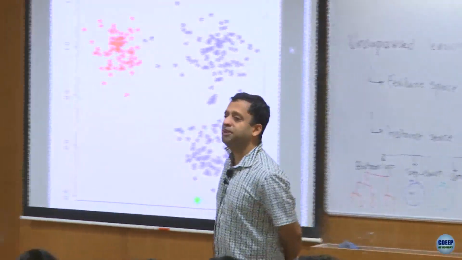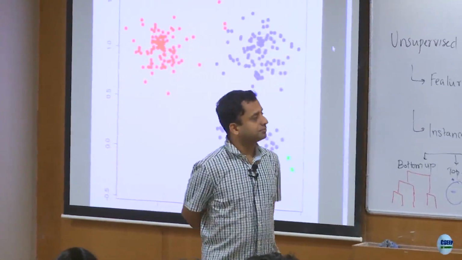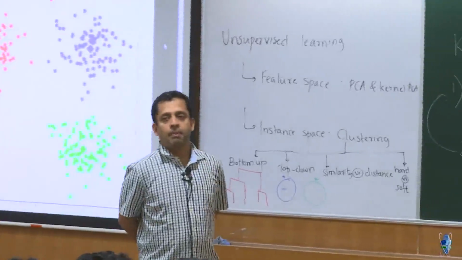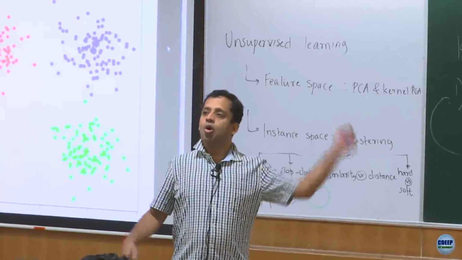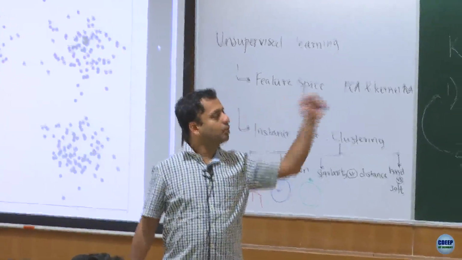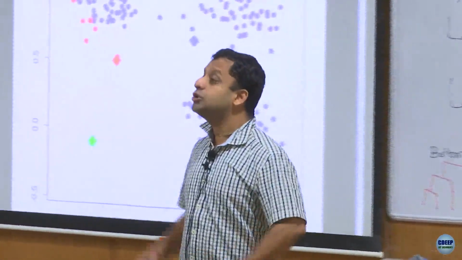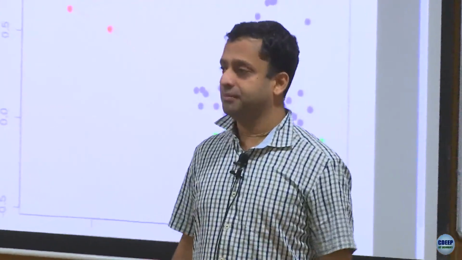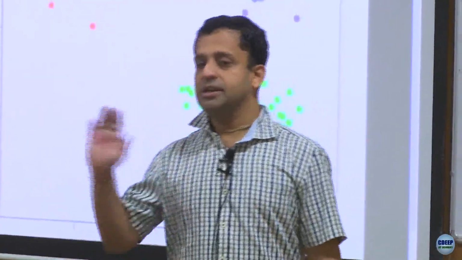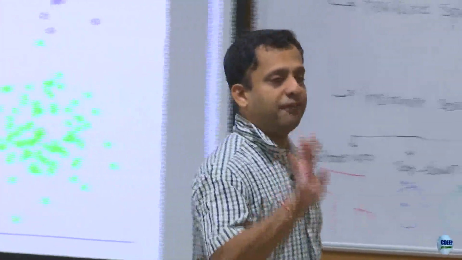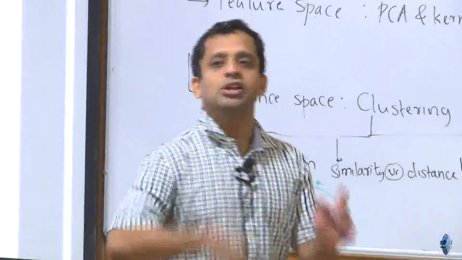So I am not updating both of them simultaneously. Though my goal is to minimize over mu i and Pij with respect to this grand objective, I don't solve for both of them at the same time. I solve for one, I fix the solution for that one, and solve for the other. So what's exactly happening